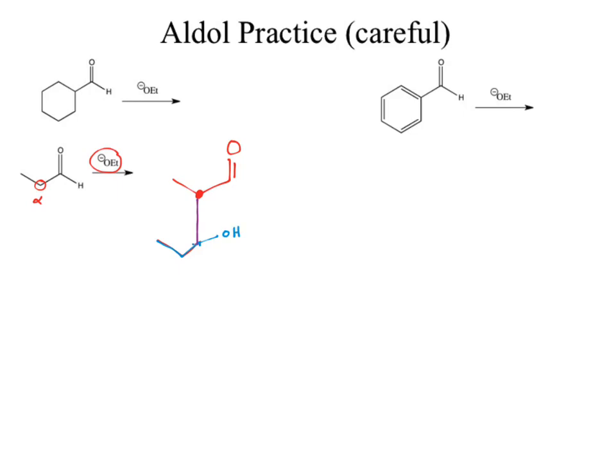If I suspect that this is a condensation, how do I know that I should be looking for a condensation? Do I have two acidic hydrogens at the alpha position? If yes, that's a really good sign that I'm looking at a condensation. There's another thing that we have to be kind of pesky about. Read the directions carefully. There aren't directions here, but you have to read your directions a little bit more carefully. If they say we want the aldol product, should you do the condensation?